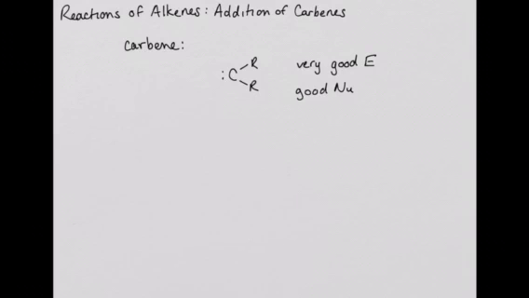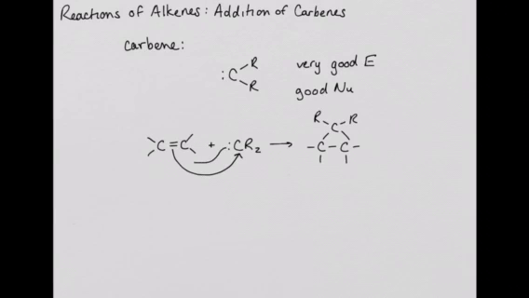Because it is a very good electrophile and a good nucleophile, it can add to the pi bond of an alkene to give a cyclopropane. The mechanism of this reaction looks very similar to the addition of the mercury catalyst to an alkene, because the mercury center is also electron deficient but contains a lone pair of electrons. The pi bond can attack the carbene, the electron deficient center, and the carbene can attack right back, forming the